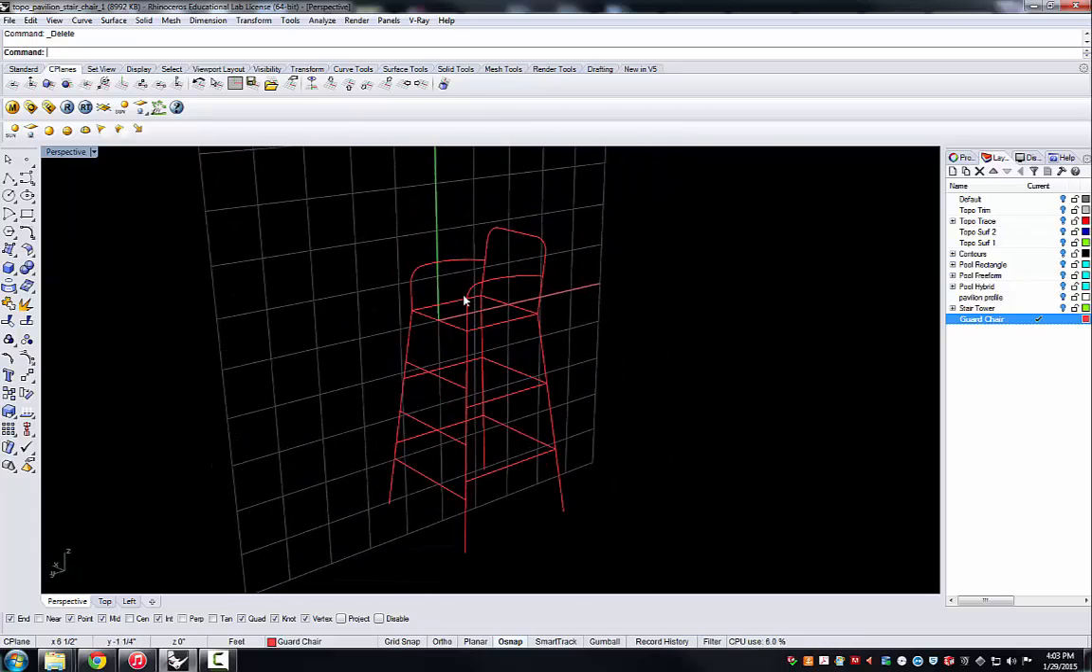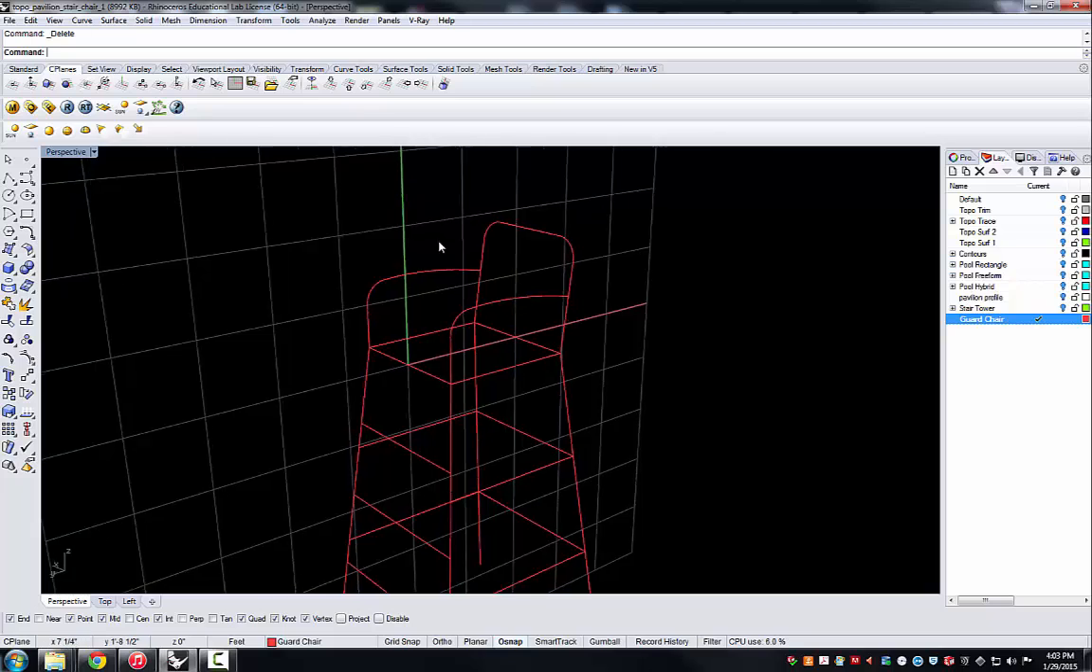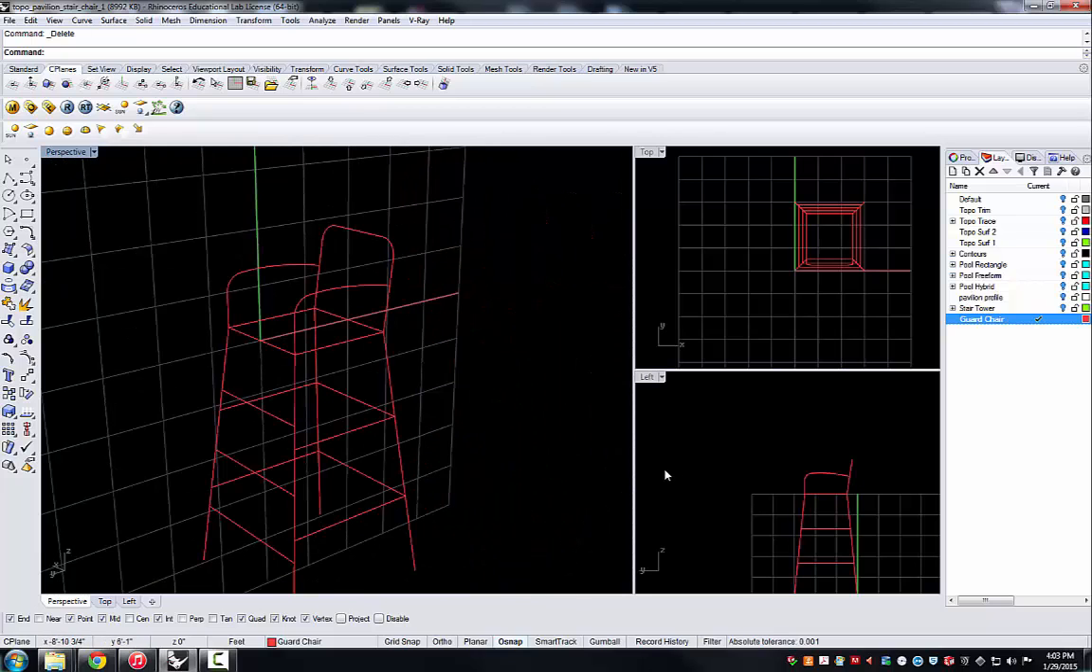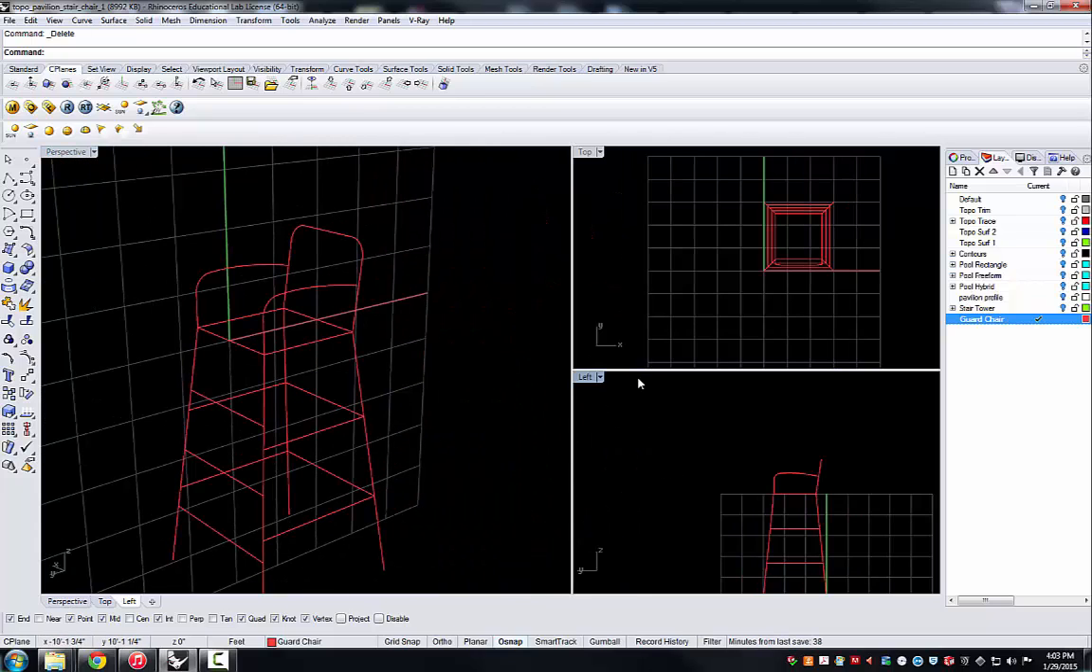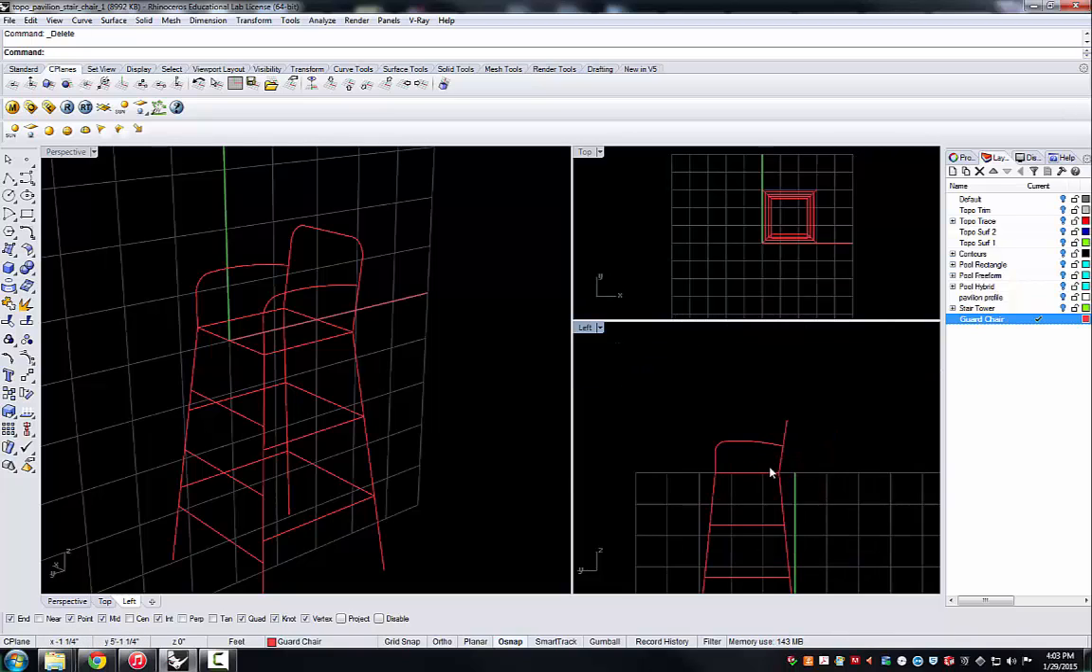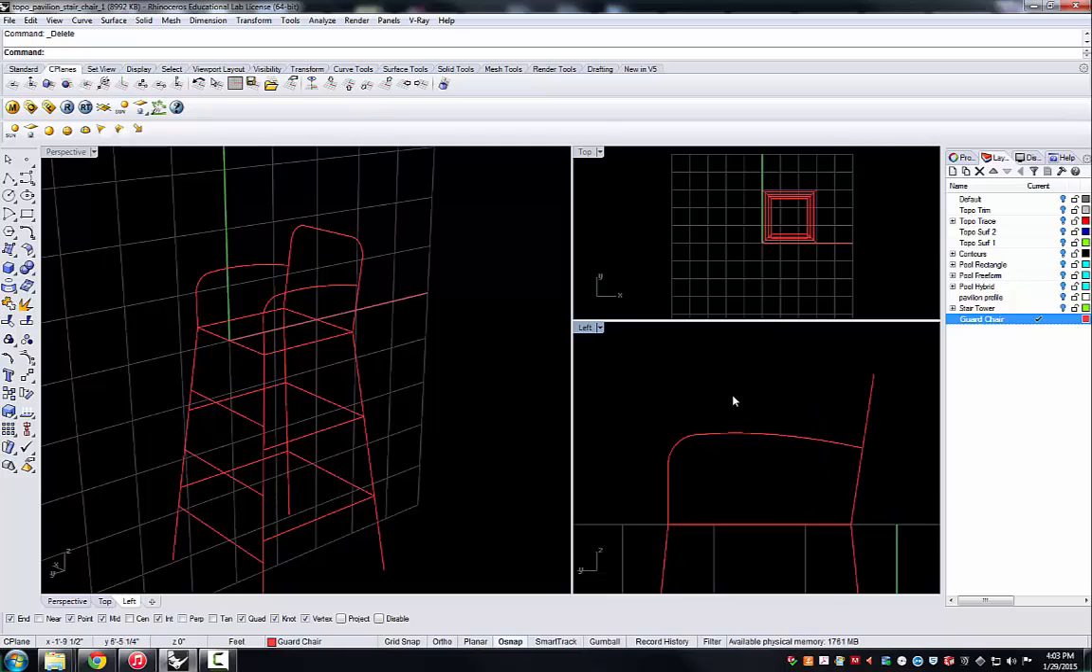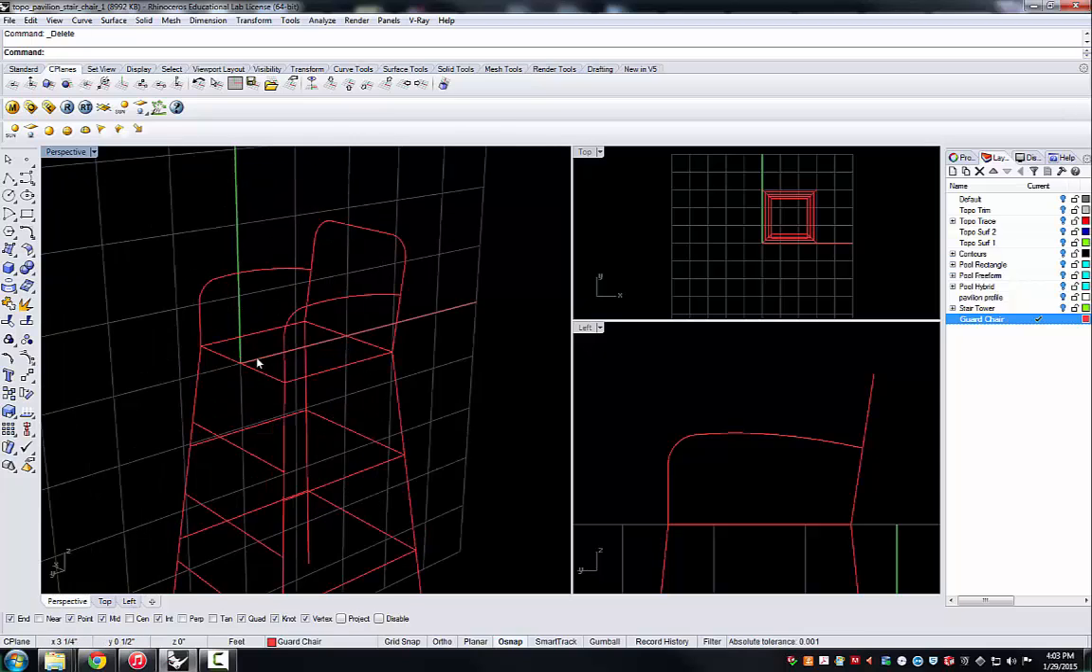So now I'm going to use this construction plane to draw a profile with a 3-view window, and I'm going to do a little bit of custom drawing here. I'm going to have the left-hand view highly visible here in the corner of my screen, but I'm not going to be drawing in the left-hand view. I'm going to be drawing in the perspective view, and I'm going to make a curve